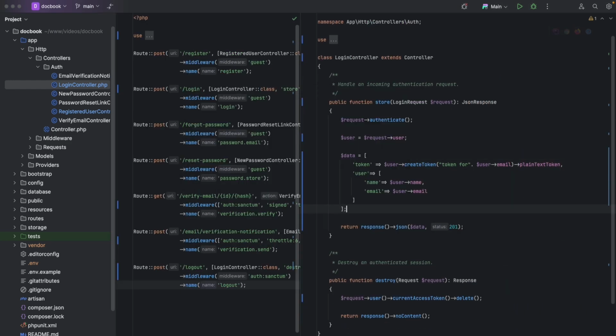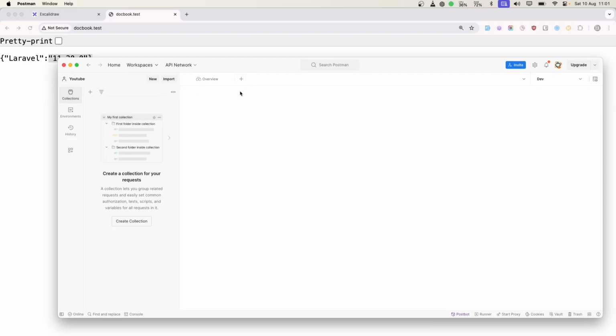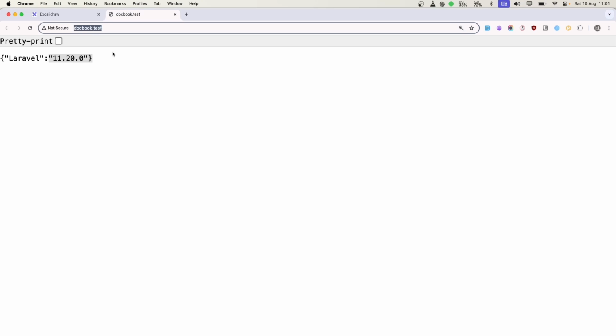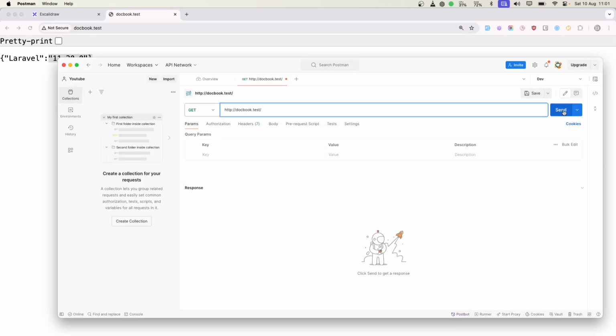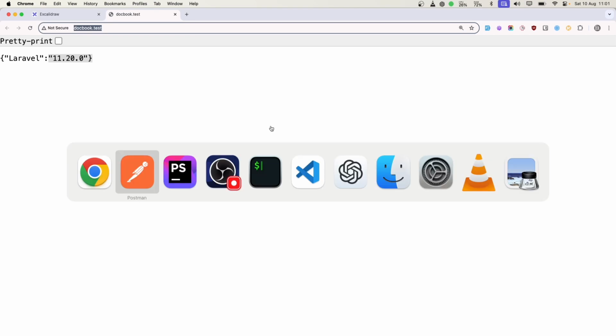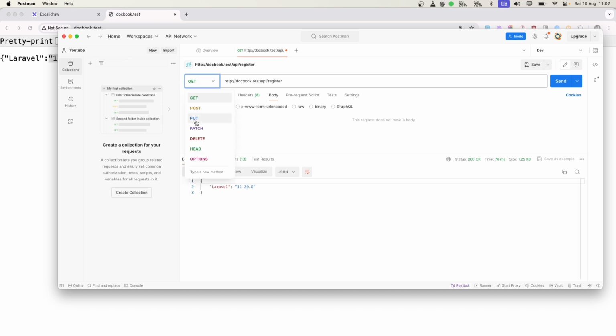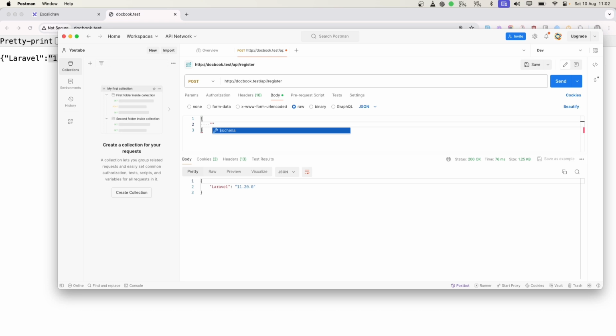Let's go to Postman and make a request. So here let's make the first request to this endpoint. All good. It's API slash, let's first register any user. In order to register, first we need to make it a POST request. So register is a POST request. We can use raw JSON. Let's use raw JSON, it will work for everyone. So name,